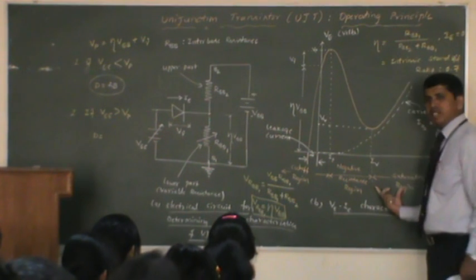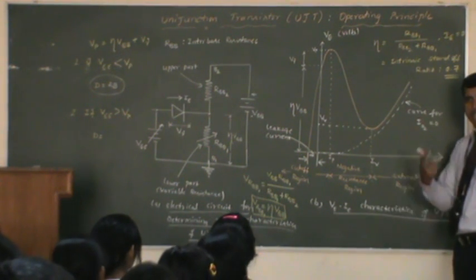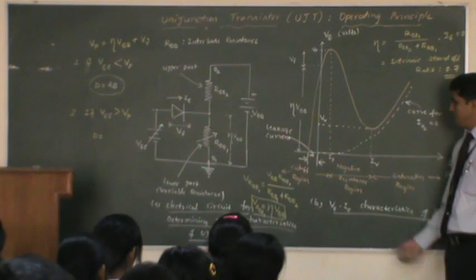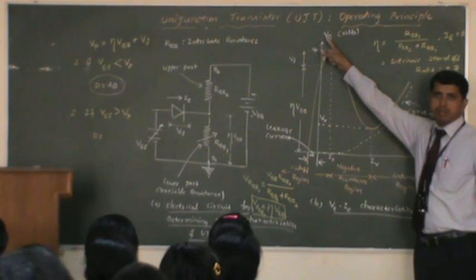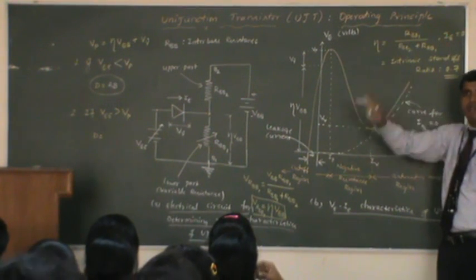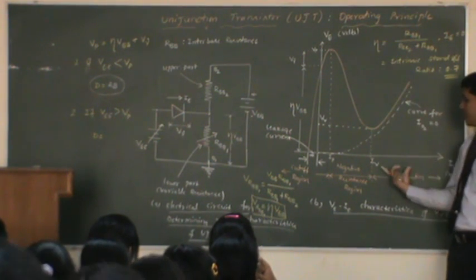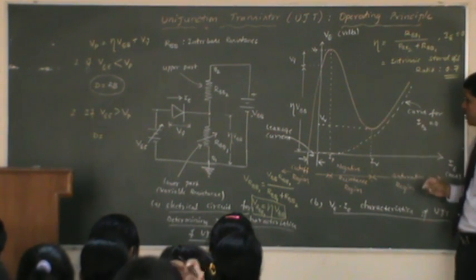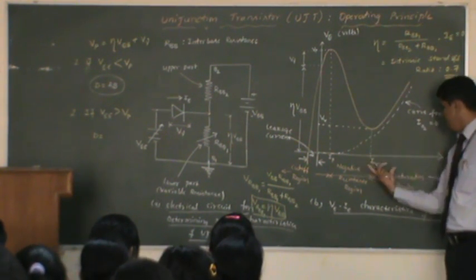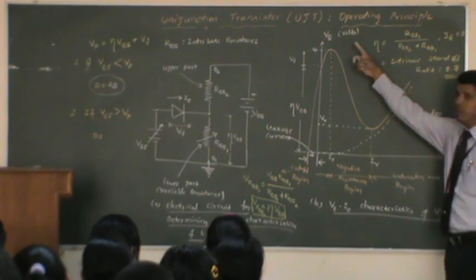This curve is going to be something peculiar when you compare it with other diode characteristic curves, because in this curve the x-axis is the current and the y-axis is the voltage. But normally in any other device, in the characteristics you will find the x-axis as the voltage and the y-axis as the current. But in this unijunction transistor, we draw it by taking the x-axis as the current and the y-axis as the voltage.